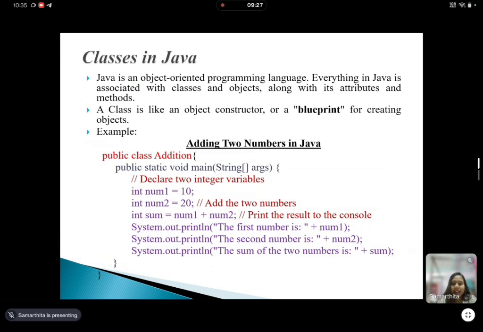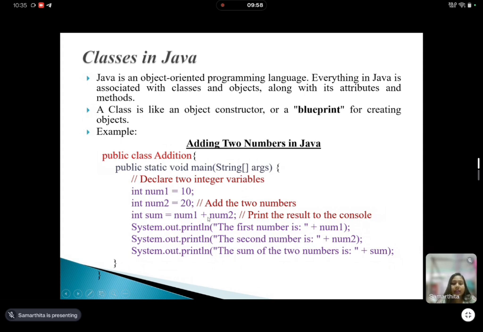Okay, coming to our next slide. Here I have added a simple program for the addition of two numbers in Java. I have declared a class Addition because we will add two numbers here. I have declared the static void main function and two integer variables: int number1 equals 10 and number2 equals 20. Now we will add the two numbers.